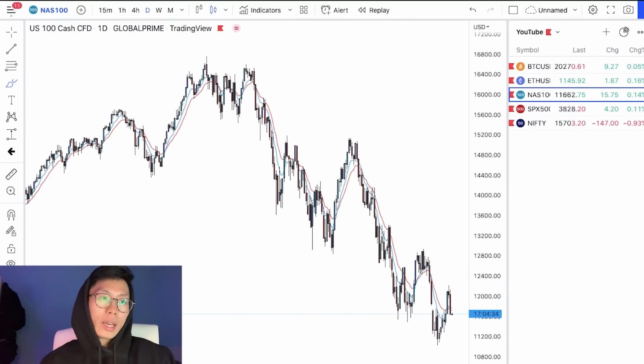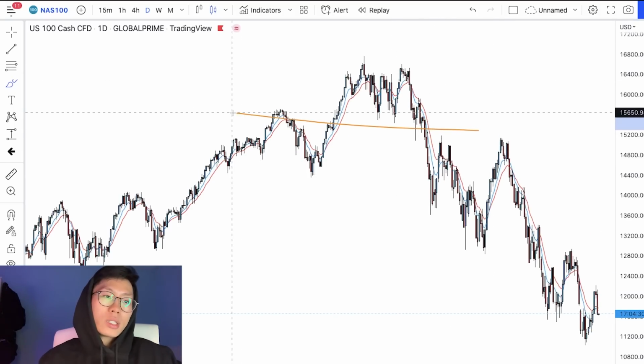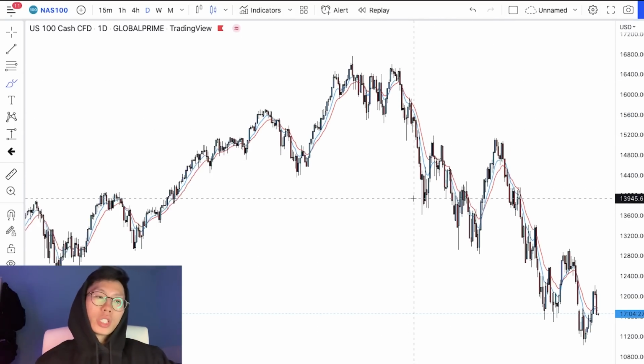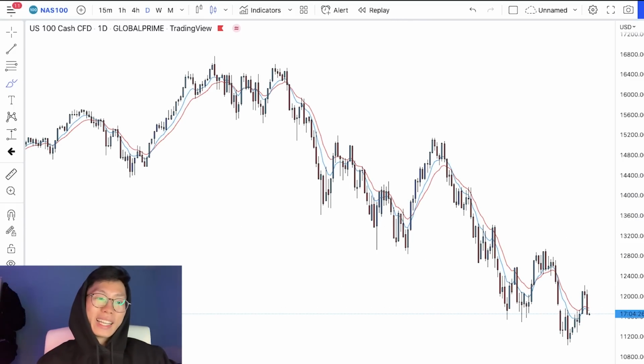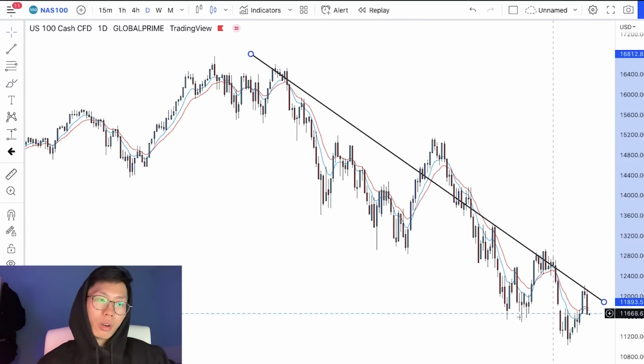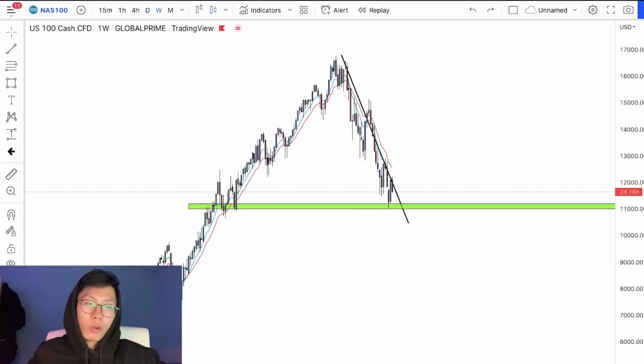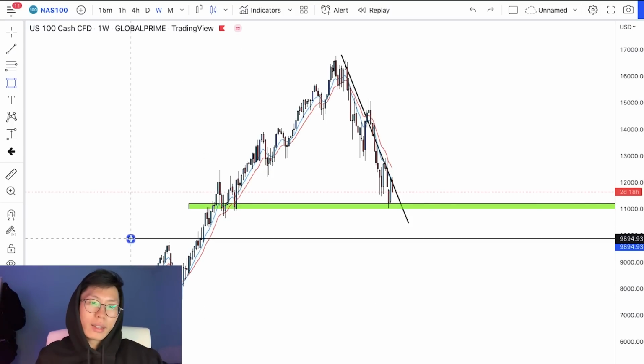So right now, let's look at NAS 100. You can see NAS 100 has been making lower highs and lower lows, which shows us that price is in a major downtrend, because right now we are in a bear market, right? And as you can see, NAS 100 is at this major support area right here. We could potentially see a little correction up, or price can even break down and go all the way down to the next key level, which is at this 10k level.